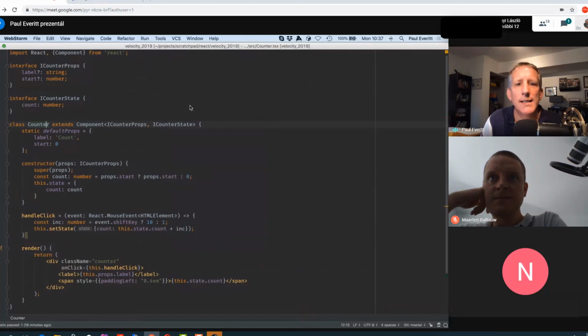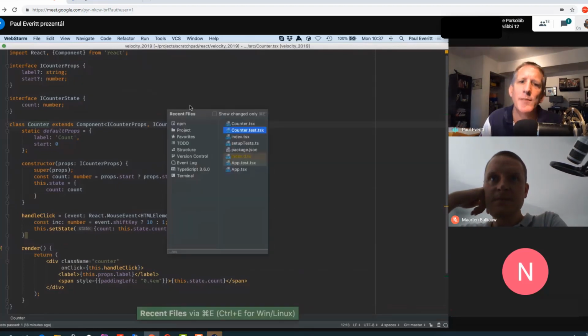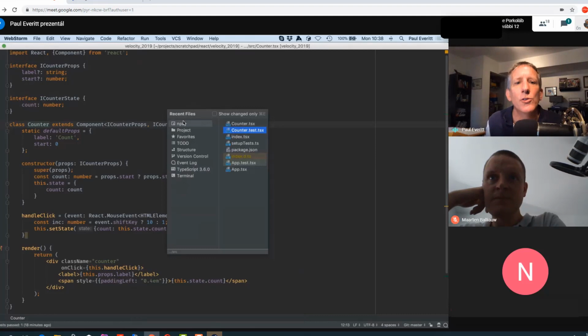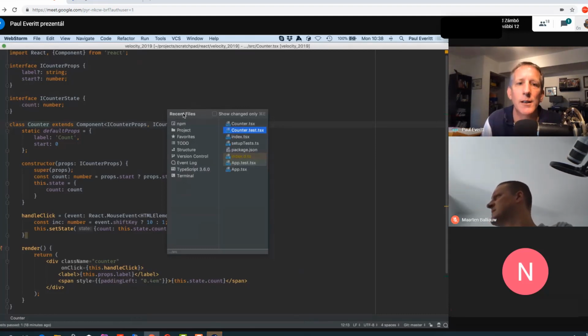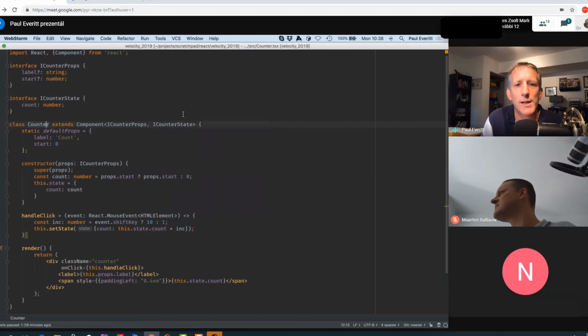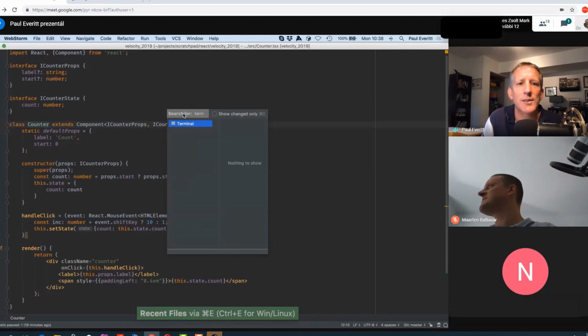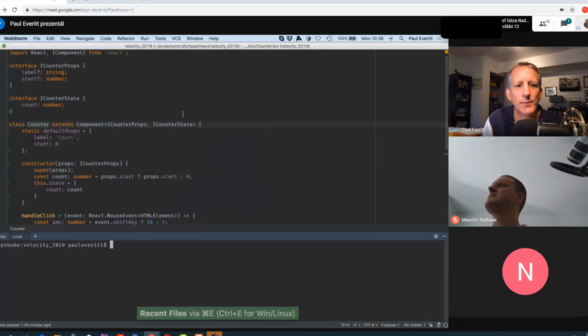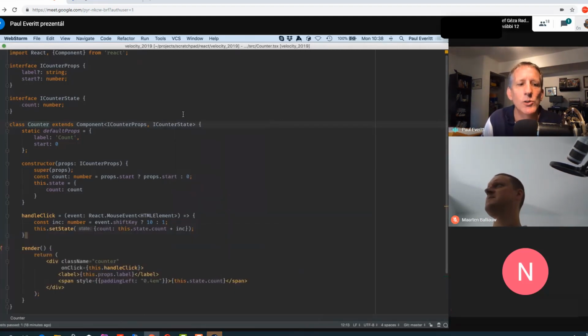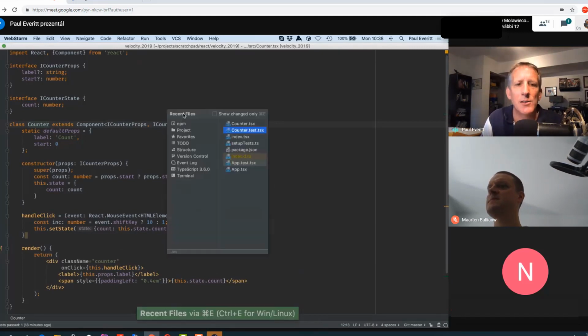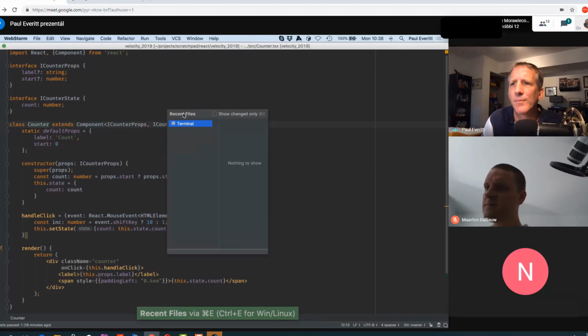Another thing, though, that we can get from this is, you notice we have a left column, recent files. Right column is recent files, but the recent files dialog also shows the tool windows, which I turned off a couple of minutes ago. When I want to go to the terminal, I bring up recent files and I start typing terminal and I hit enter. That's the way I get to the terminal. I don't use the terminal tool or some shortcut or any other thing. Recent files, speed search, terminal.